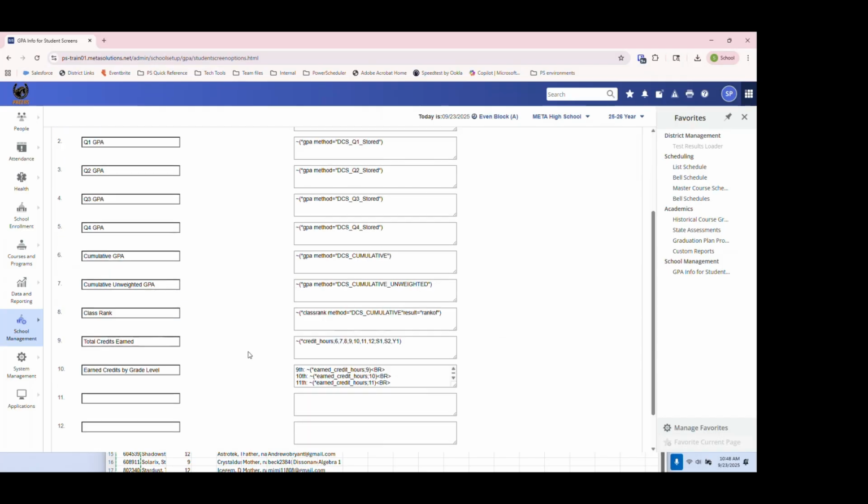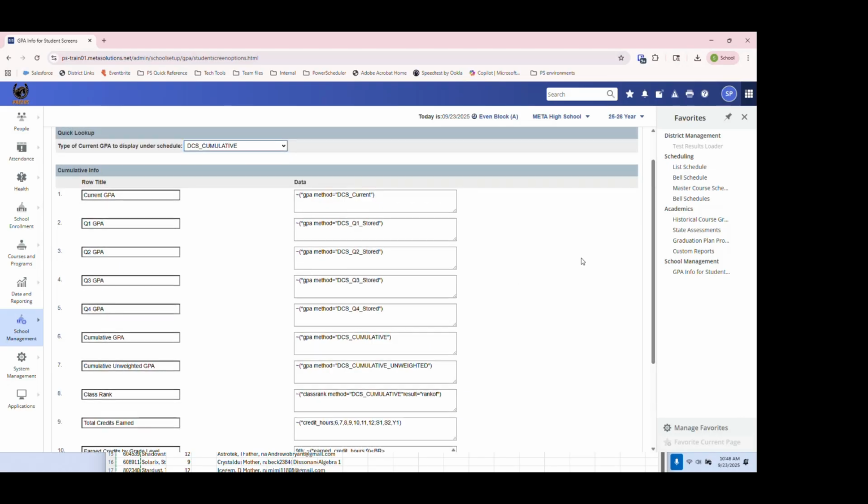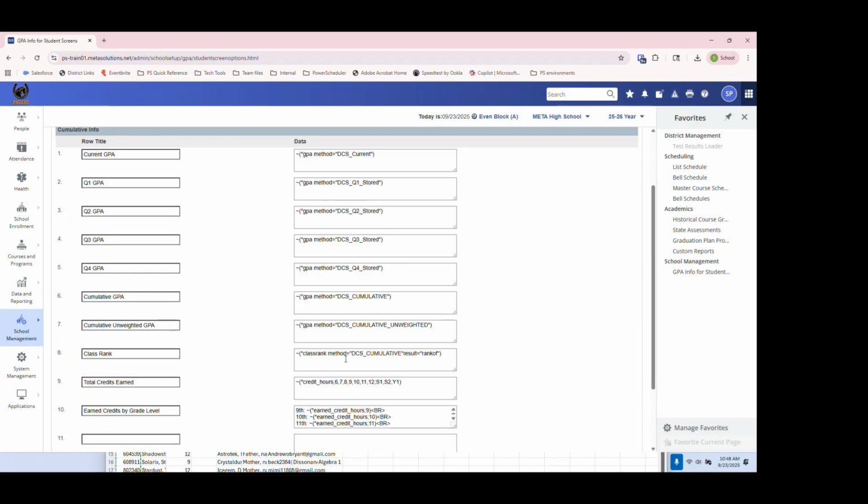That's where you'll find these calculations. Again, you don't have to use these. You could get rid of them all if this isn't serving your building a purpose. If it's not good for your building, you don't have to use them. But a lot of our high schools especially like it, and some of our middle schools like to show these